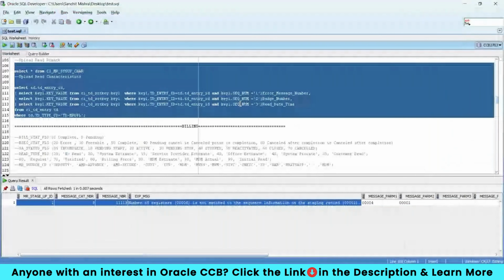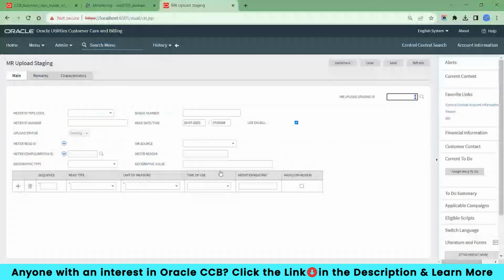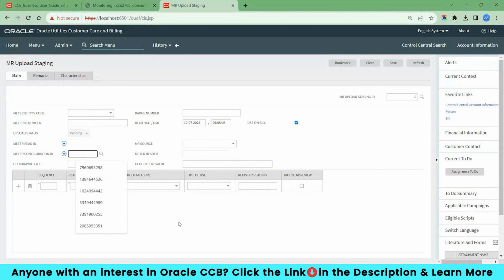Once the read is uploaded, you will find the status as pending. Whenever a record is uploaded, it will be in pending status. When you run MOP1, it will populate the configuration value, because we are not passing the configuration. The system will populate it whenever your meter number is found. And then when you run MOP2, it will go to completed, and the read will be posted in